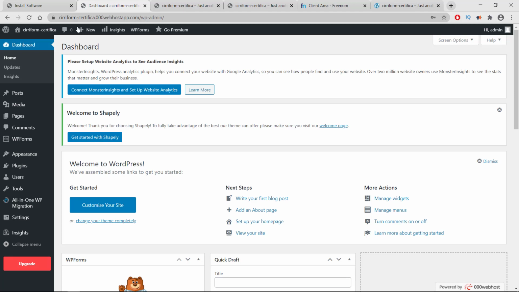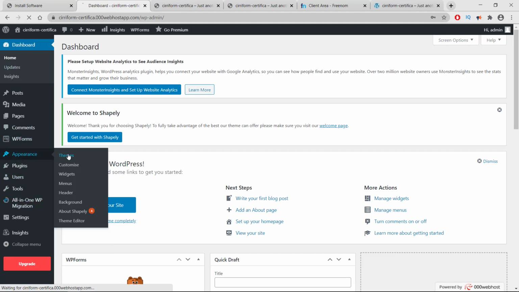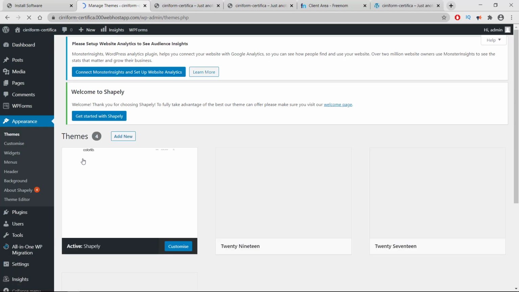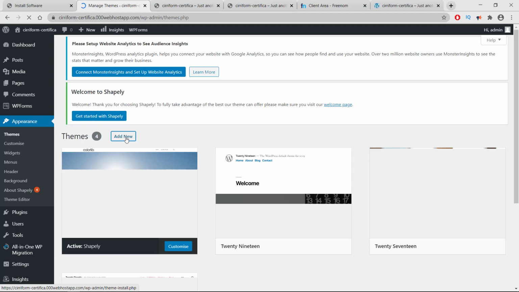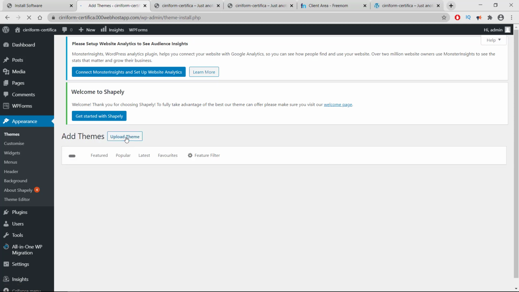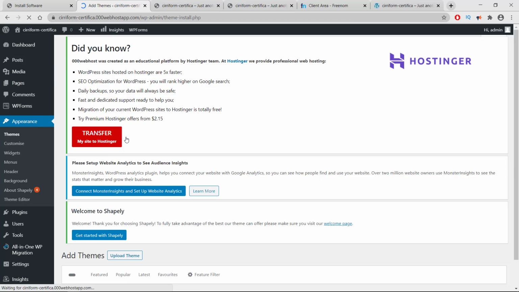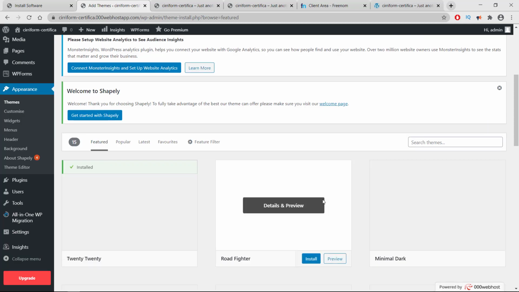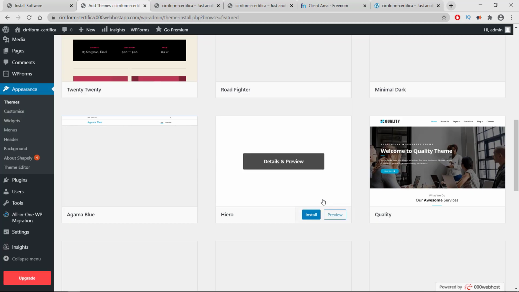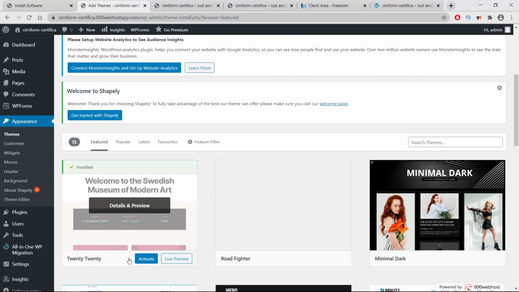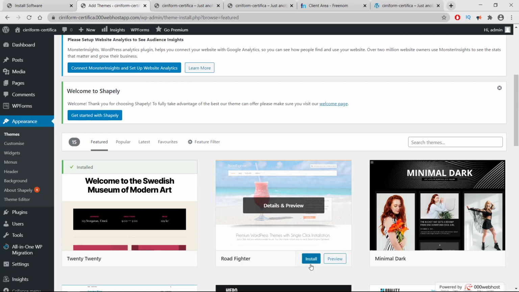So I'm going to the WordPress dashboard, then Appearance, and I'm going to select Themes, and add new themes here. I'm searching for new themes, and just for testing purposes I'm going to install this theme.